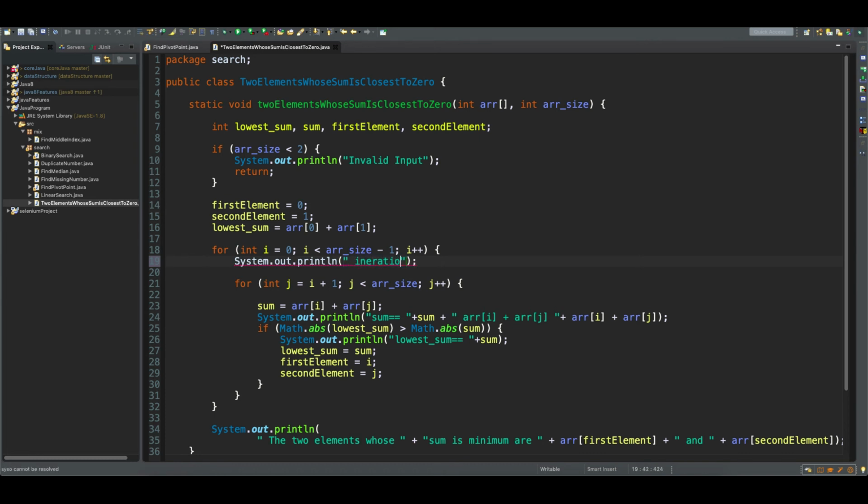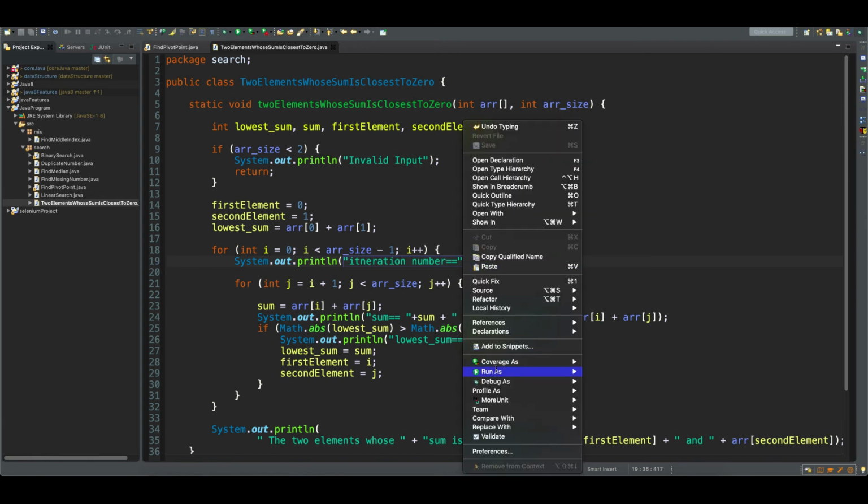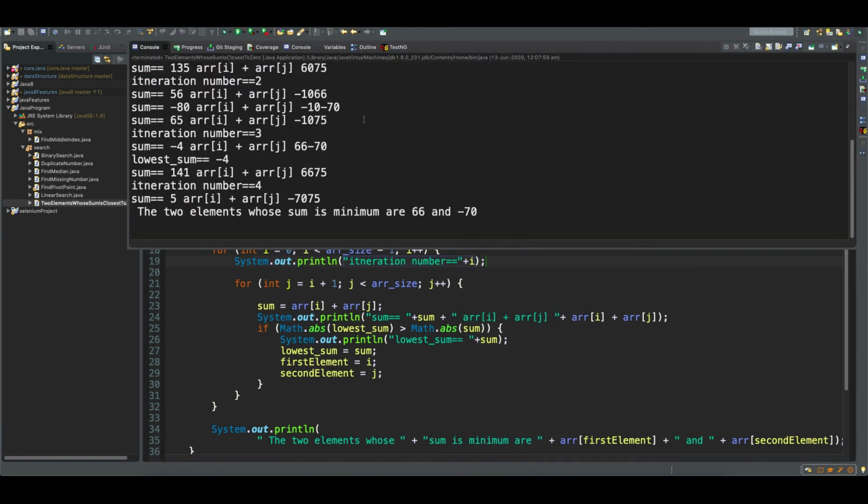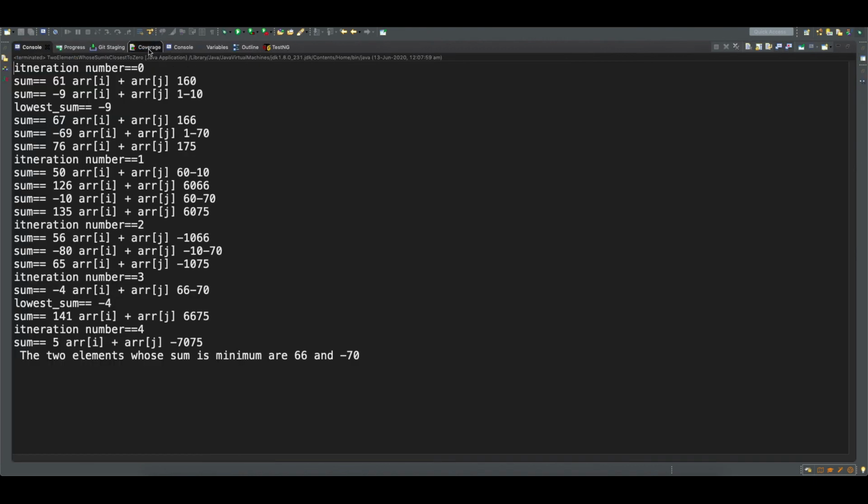ITE or iteration number is equal to plus i. Okay, that will tell us the iteration number. So let's run that. Yeah, let's try to understand.